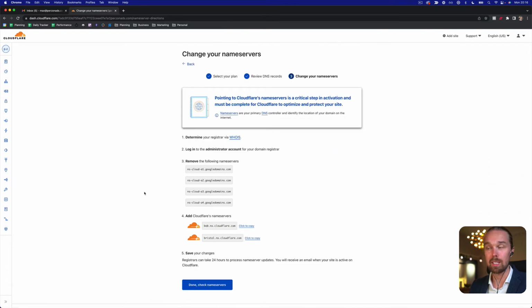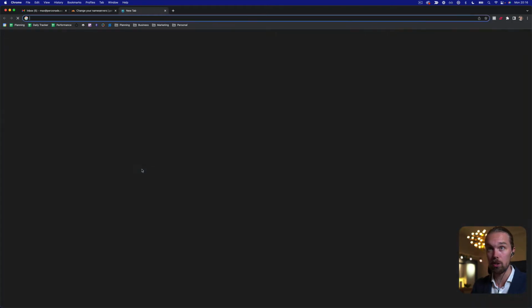And then the next thing that we need to do is change the name servers for our domain. To explain it super quick, we have the domain. Now we just need to point the domain to where it's going to be connected. We want our new domain to be connected to Cloudflare, and we use name servers to accomplish that. So to do that, you simply go back to